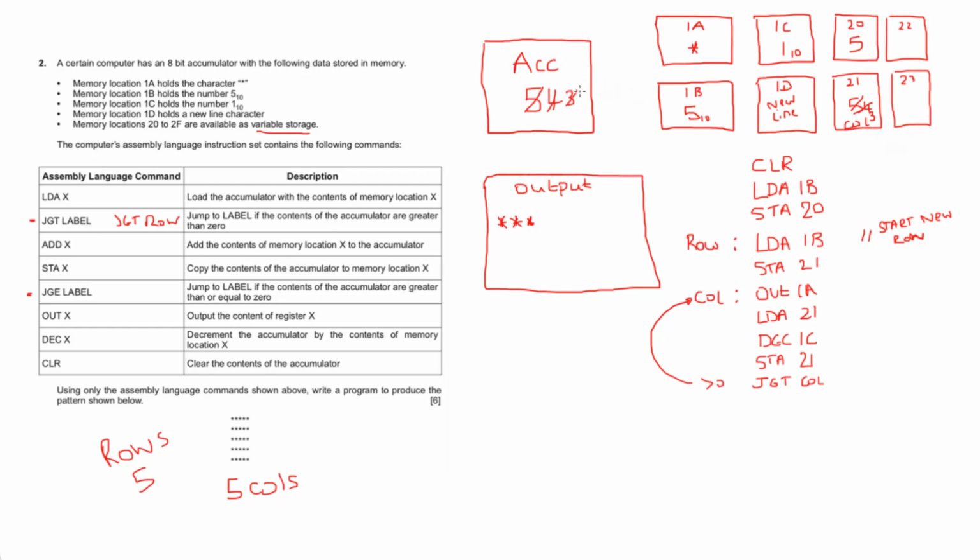Decrement by 1. There it is, 2. Store that back in register 2-1. Going out of space here. Then, stored it in there, done. Is it greater than 0? Is 2 greater than 0? Yes, it is. So we jump to column, output another star,